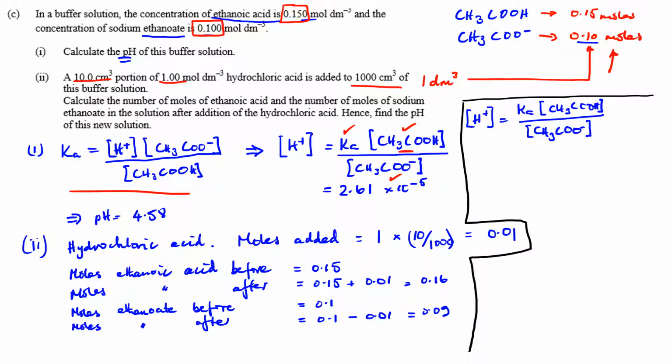And then we substitute in our values. Ka from the question, 1.74 times 10 to the minus 5, times our new ethanoic acid concentration, which is